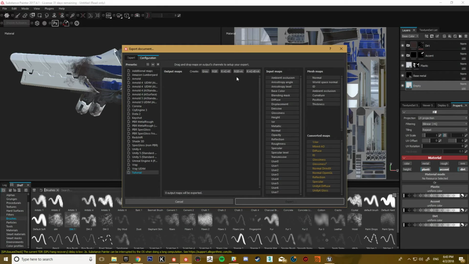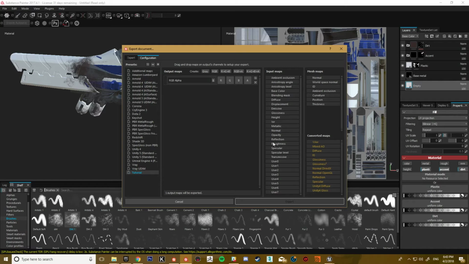And because I like using every channel to my advantage, I'm going to use an RGBA. If you've got too many layers in your material, then maybe you're going to want to add more of these and fill out these channels. But I've only got 3 layers, which is the plastic, the accent and the dirt. So for me that's RGB.